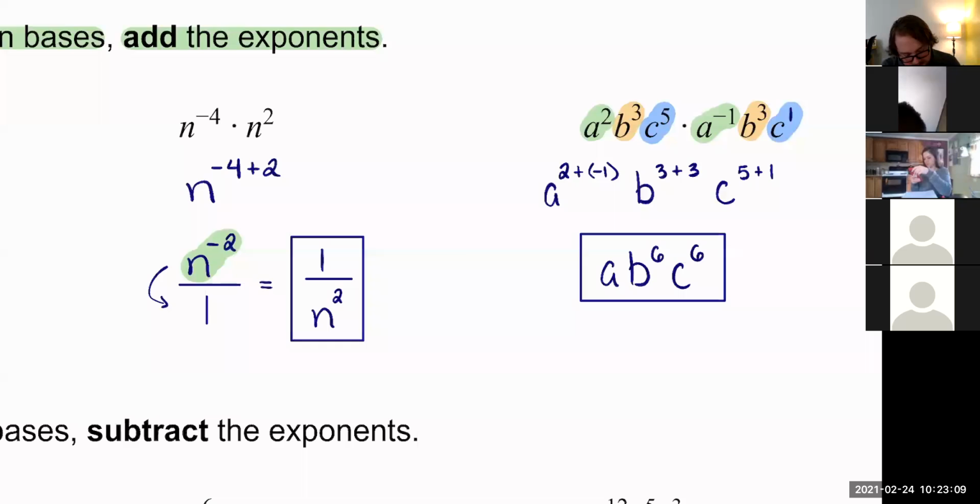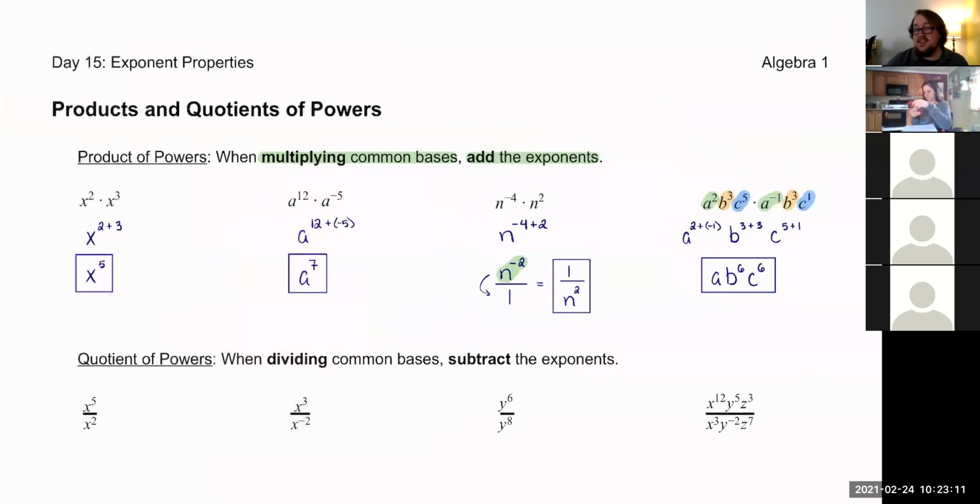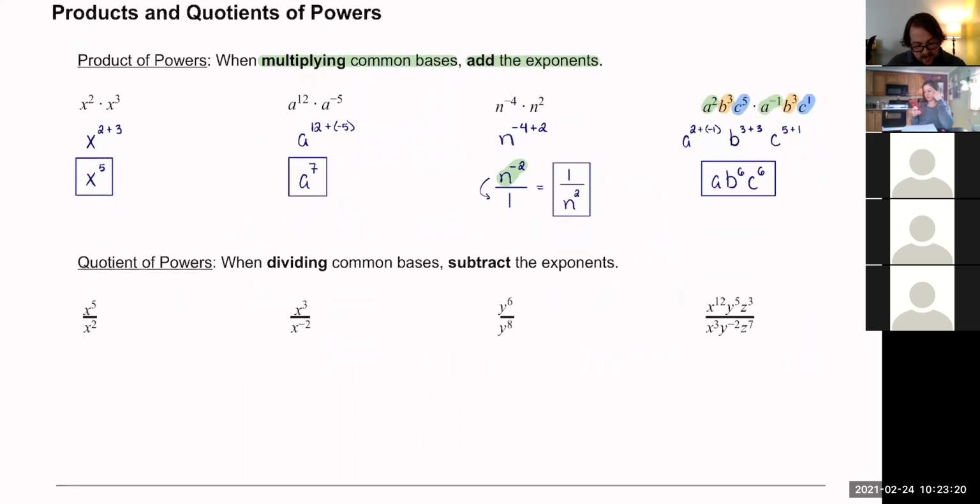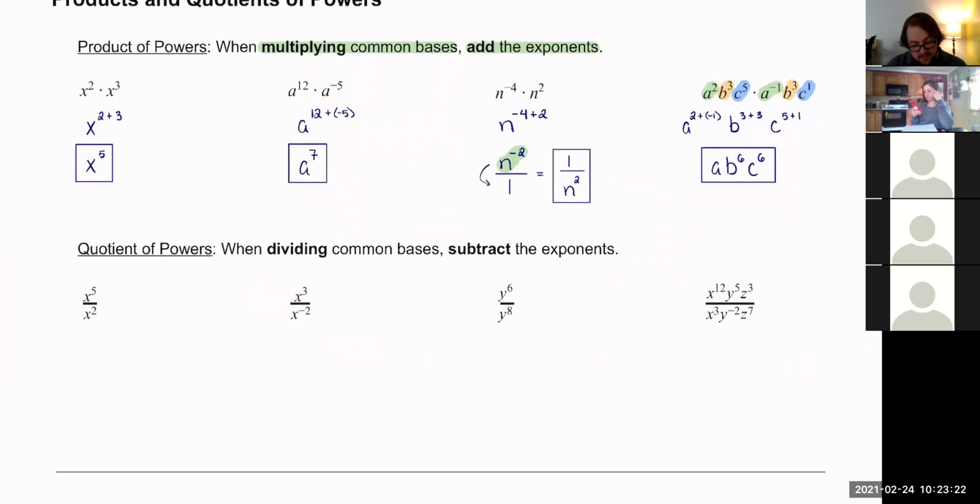So quick summary, if you have bases that are the same being multiplied together, you can add their exponents to combine those bases. Now, what's opposite of multiplication? Division. What's opposite of addition? Subtraction. So it kind of makes sense that if you divide common bases, you would end up subtracting their